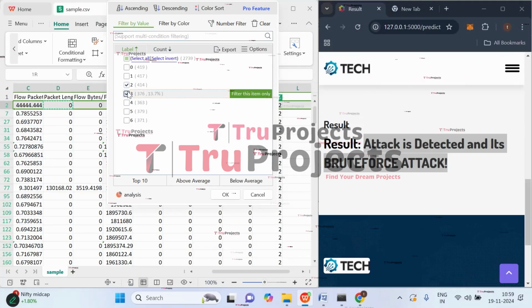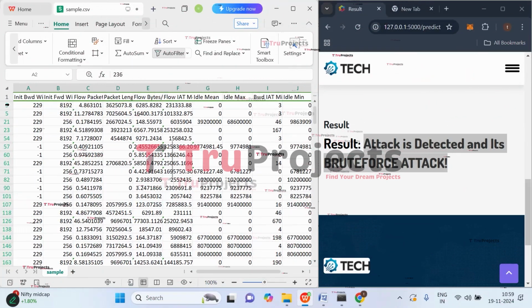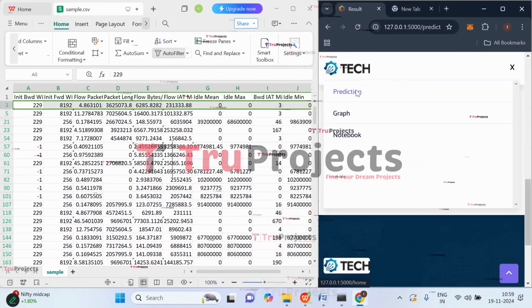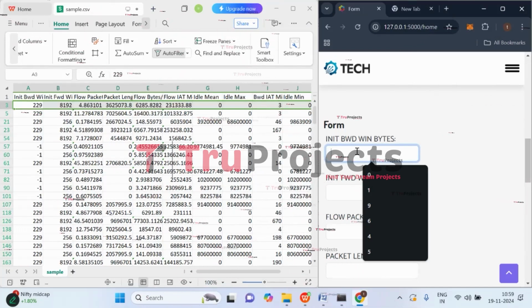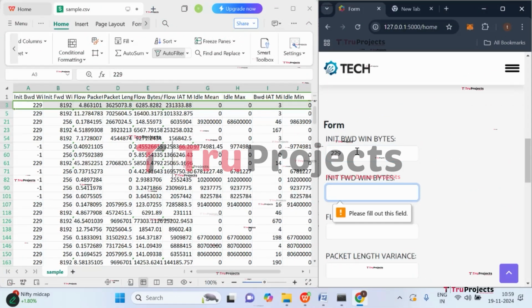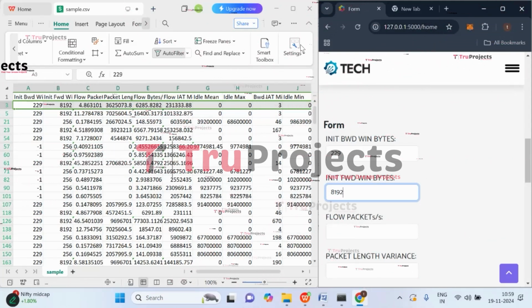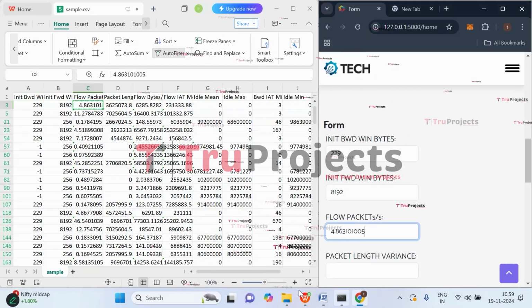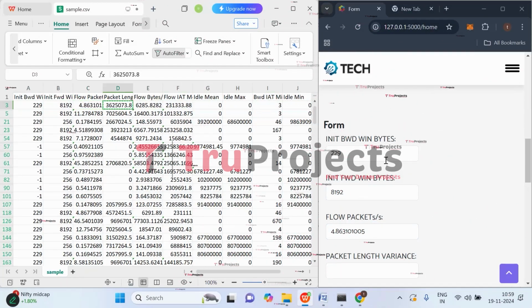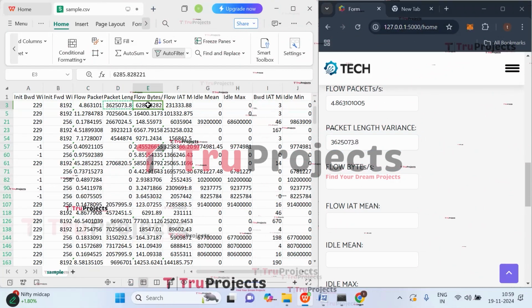Now let's try with class 3. Let's try with the first case of class 3. So here initial backward bytes are 229. Initial forward bytes are 8192. The next we have is flow packets. So here we are supposed to give the flow packets, packet length, flow bytes,